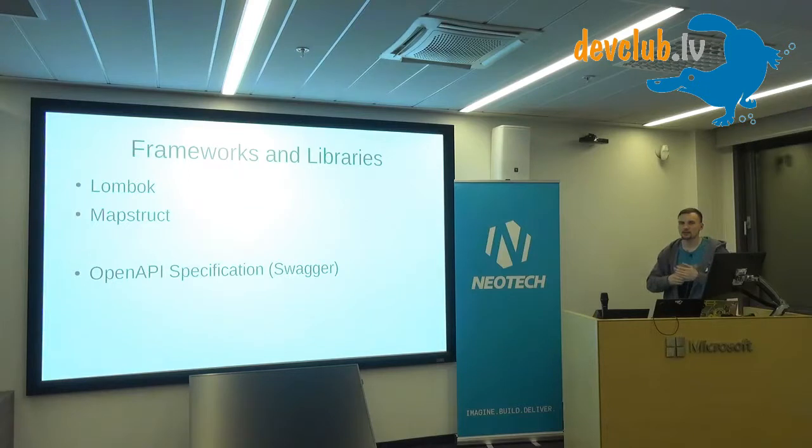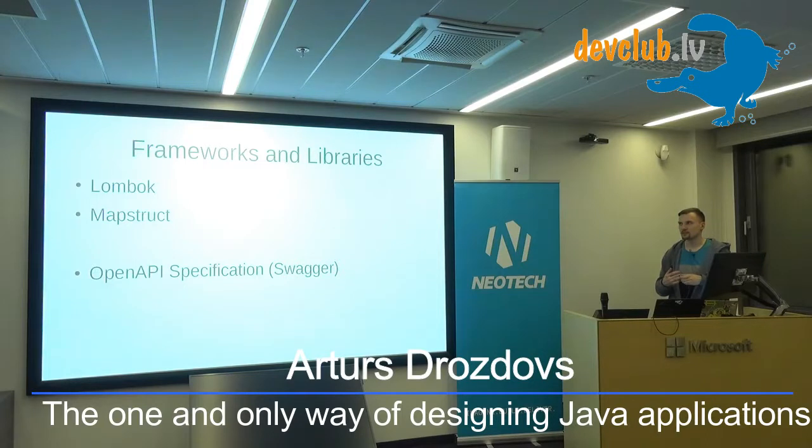Lombok allows you to remove a lot of boilerplate code. It generates toString, getters, setters, stuff like that. So you just add an annotation and you get a perfect class with a couple of fields and everything else is generated, which is similar to what Kotlin does. If you've seen that in Kotlin, you will most likely like this in Java.